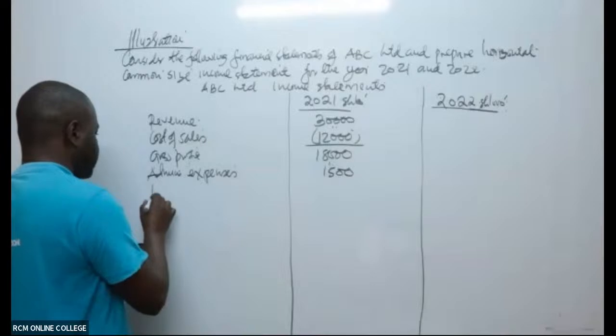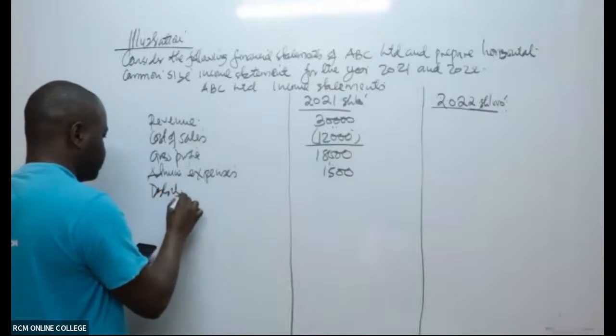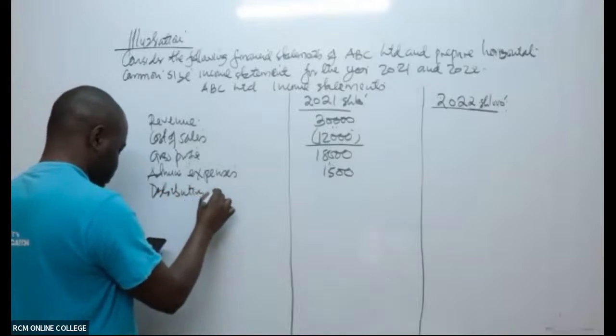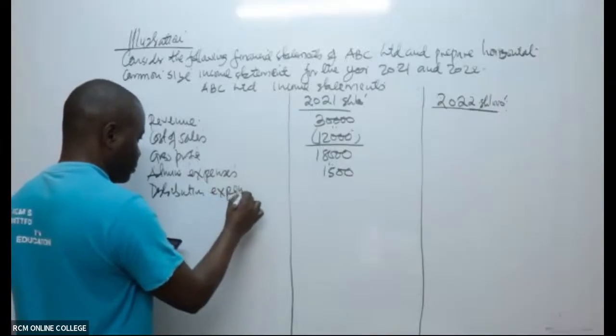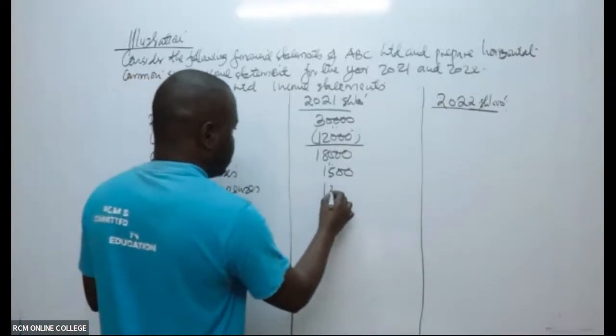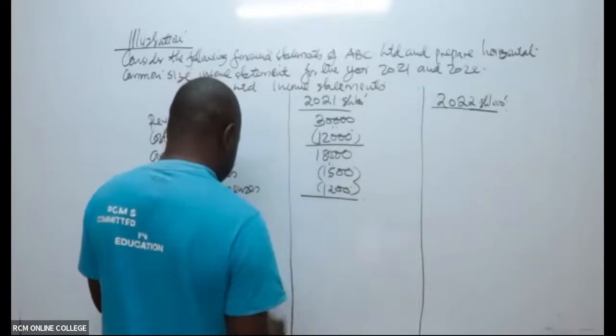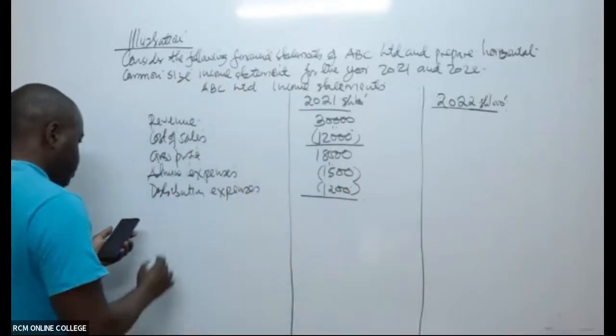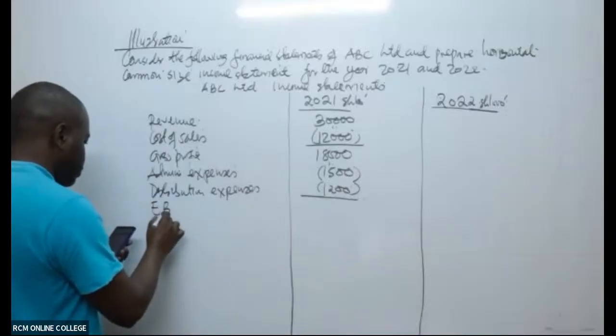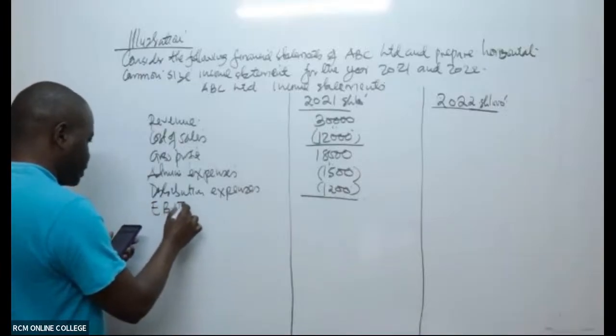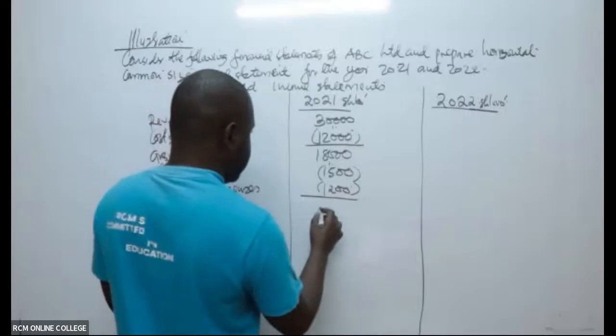Distribution expenses, $1.2 million. So if you deduct them, it will give you earnings before interest and tax of